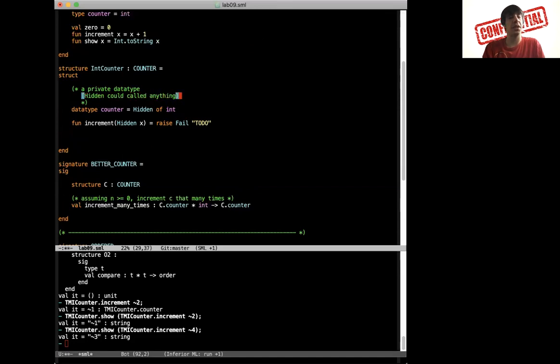Right, there's nothing special about the word hidden here. Like this could just be foo of int if you want. Then if we make up a data type inside of a module and we don't tell clients about that data type, then clients can't actually do anything with counters besides what's in the signature,